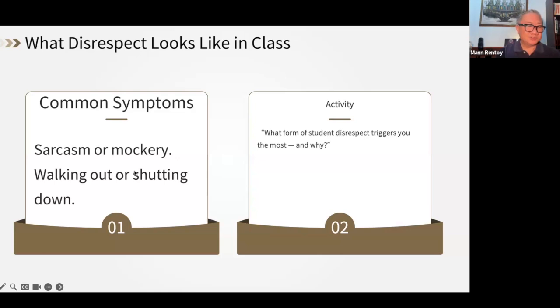And again, you can actually feel insulted because you feel that's disrespectful of the student, or walking out or shutting down. So I'm sure all of you, even those who just started teaching in the last 3 or 4 months inside the classroom, chances are you have seen these kinds of actions, which we really interpret as disrespect.